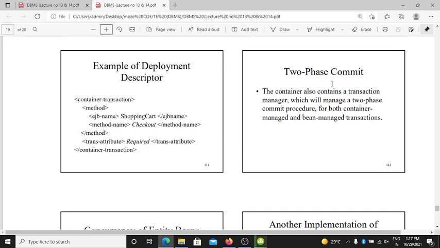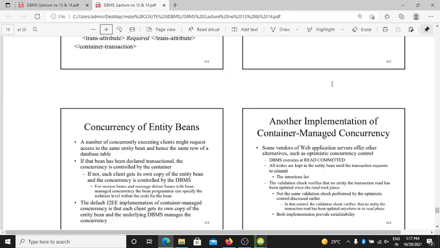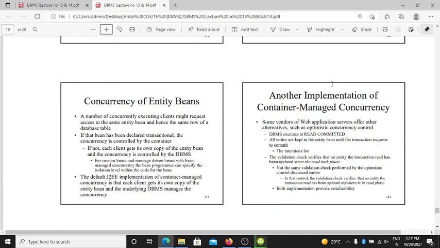The container also contains a transaction management switch. This management switch is connected for both container managed and bean managed transaction capability. Concurrency. A number of concurrently executing clients might require access to the same entity bean and hence the same data to be updated. If the bean has been deployed transactionally, concurrency is controlled by the container.